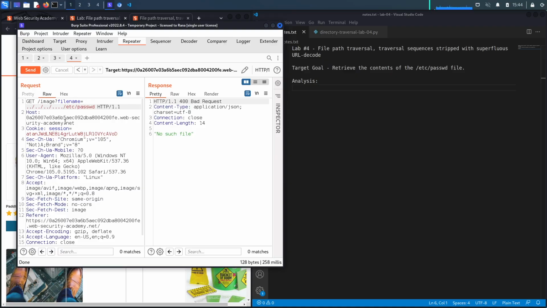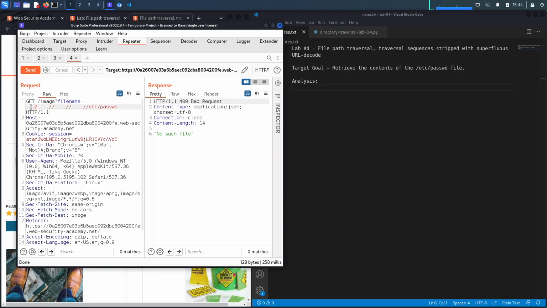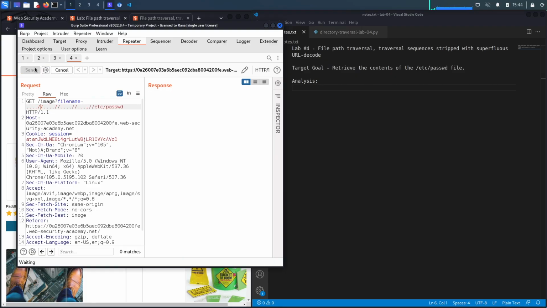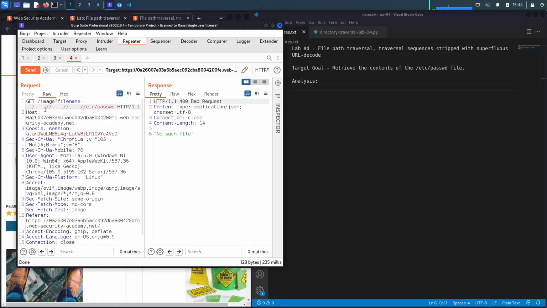Next, we're going to see if it allows us to bypass that defense using the technique that we learned in the previous lab. So if it non-recursively checks for that sequence, hit send, and it does not. So the next step that I'm going to try is remove that bypass technique